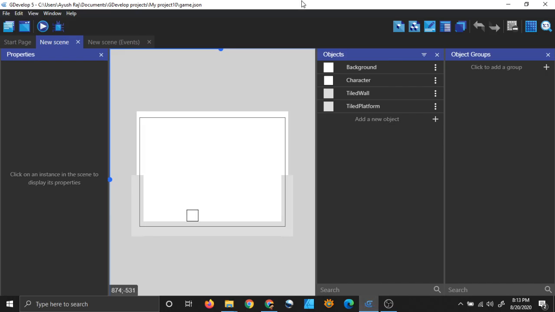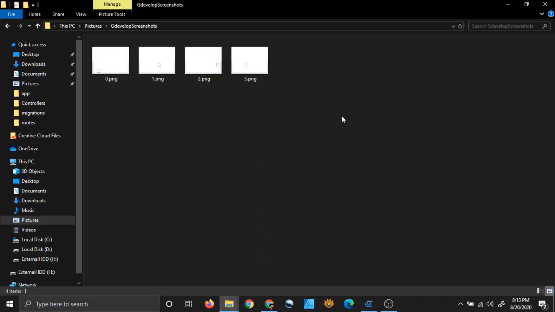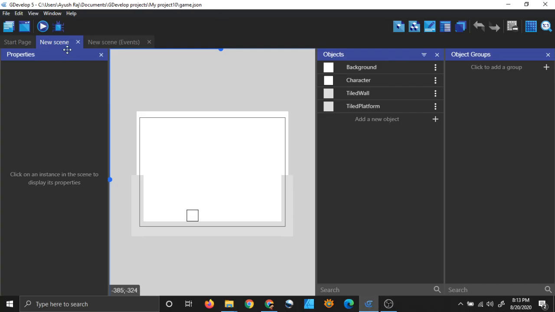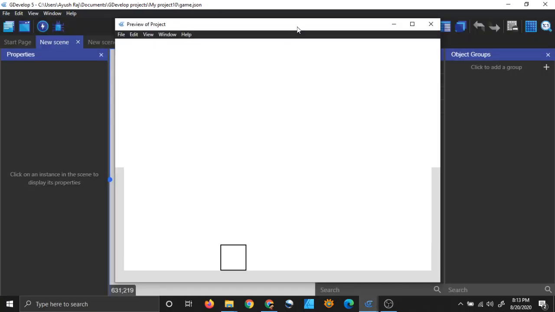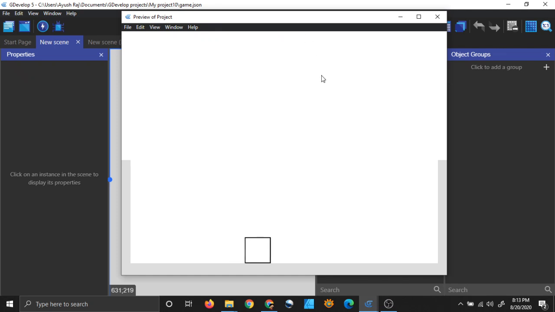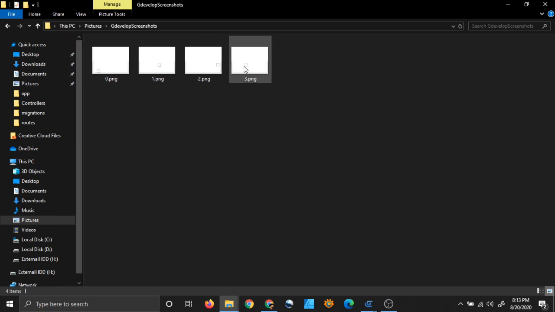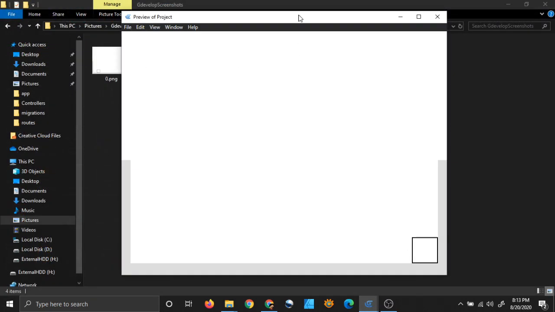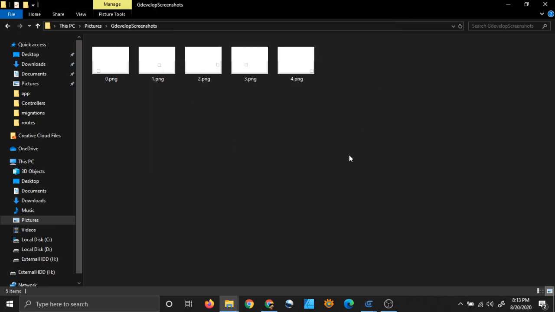But before that, you can see that I have closed my game, right? Now let me run my game again and see if it overwrites the screenshots or not. I will take another screenshot somewhere else, maybe at the very corner, because right now I have not taken any screenshot at the very corner, so that will help differentiate it. Now I will press P. As you can see I have an extra screenshot. So my game did not overwrite my old screenshots, and I now have an extra one.